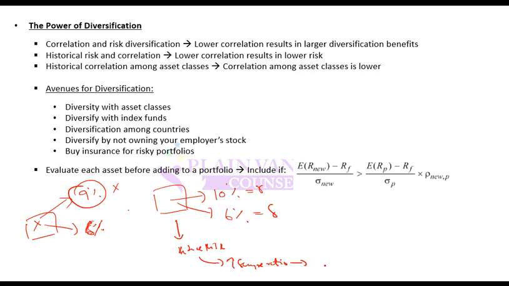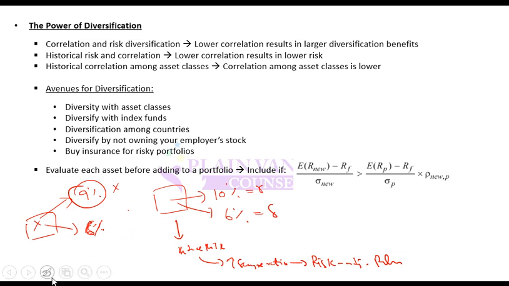And what is Sharpe ratio? Sharpe ratio is risk adjusted return. So maybe it is able to give you a higher risk adjusted return. That means you cannot only look at the risk or return to decide whether a security or asset should be included in the portfolio or not. You should look at the correlation of that asset with other securities as well. So both of these should be taken into account: the risk adjusted return of that asset compared to the risk adjusted return of the portfolio, and also the correlation of that asset with the portfolio.